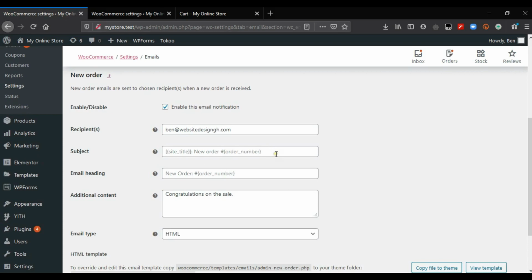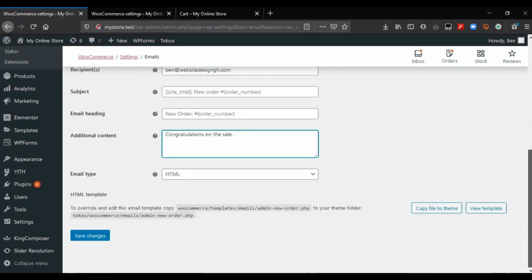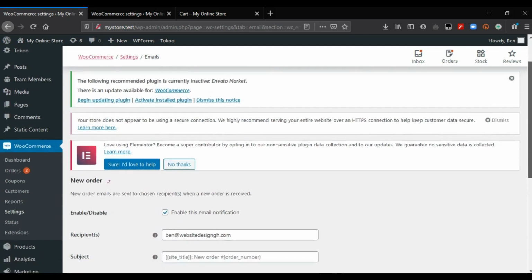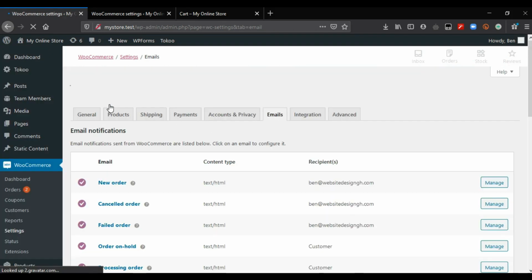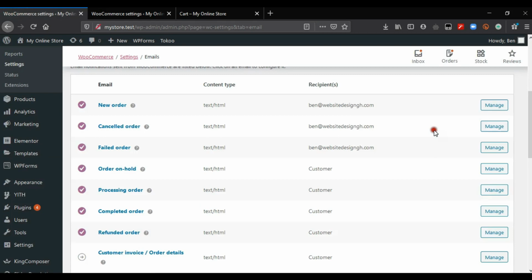This is the default subject. Your site title will appear here, such as my online store, then new order, and then the order number or the order ID will also be part of the subject that will be sent to you as an email. There is an email heading also, then additional content is also equally here. So you can make changes, but if you wish, you can just leave this and that is fine. Go to the other list of email templates. When an order is cancelled, how should you receive such an email? When there is a failed order,